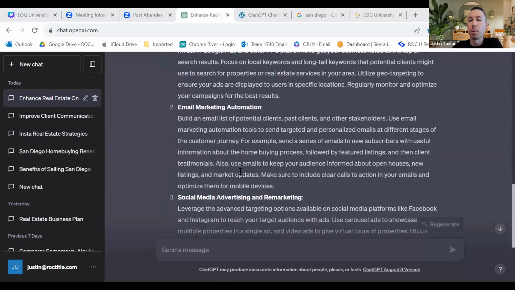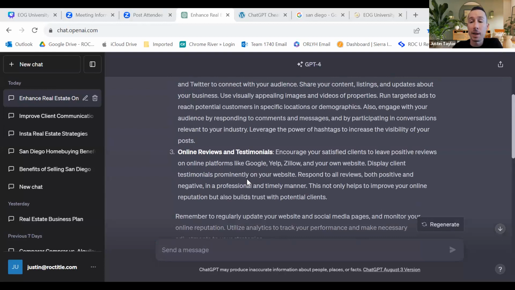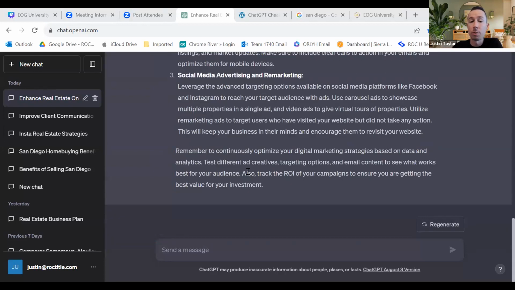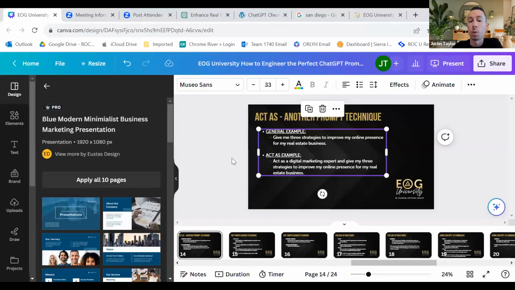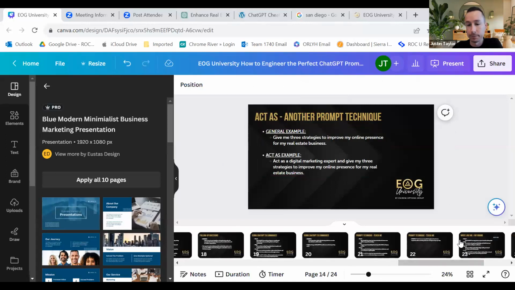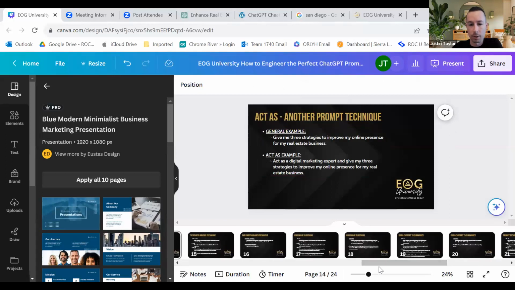So you can see it's important that if you give it a little bit more information, the outcome will be a lot more targeted and specific to what your goal is. All right, where did we end up? There we go.